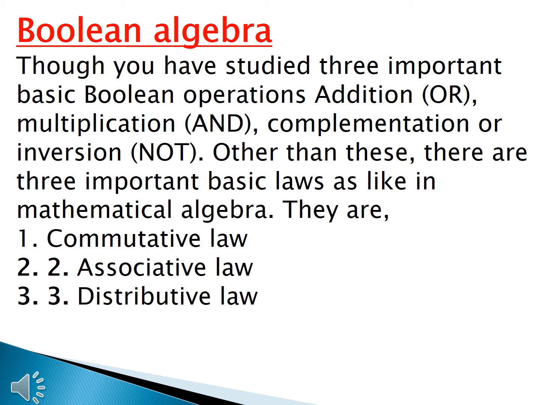Suppose we have two inputs, A and B. We should give A and B. These are inputs. Look at your book. Look at this diagram. Check page number 8. A and B are the inputs.